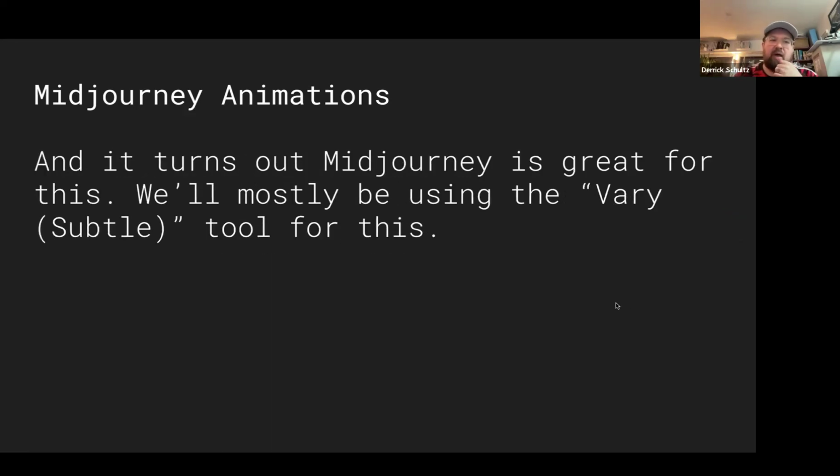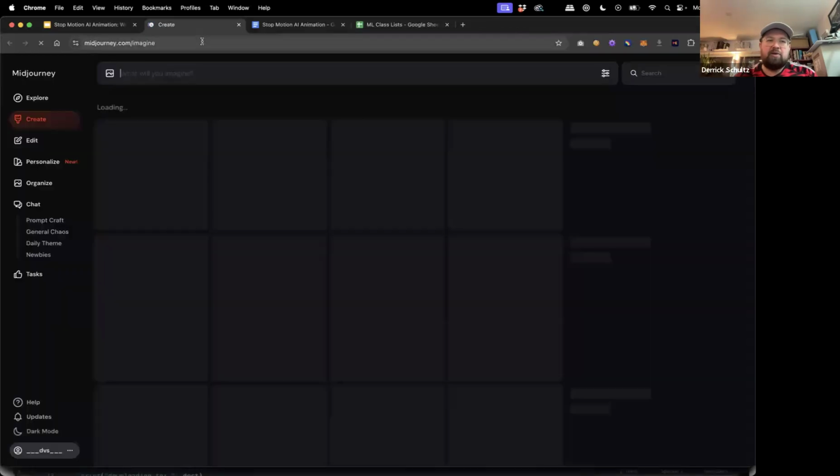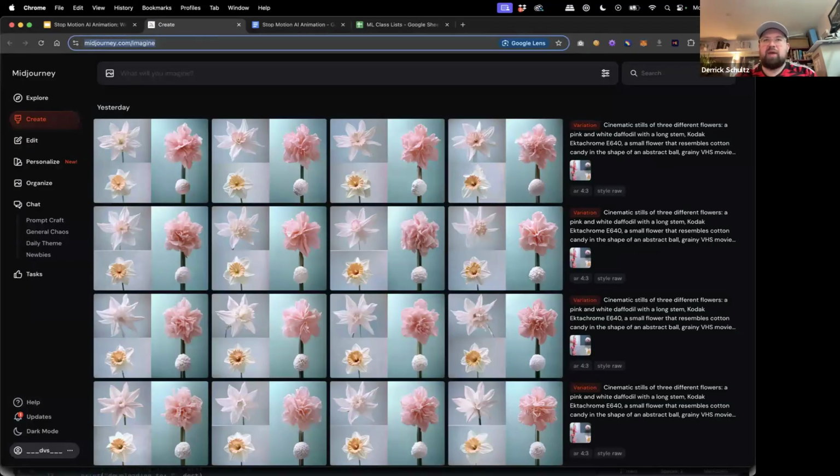Okay, so Midjourney does have this nice tool called the variation tool or the vary tool, and that's kind of what we'll use for this. So essentially the process for this, we're going to generate images. Let me pop this open for everybody. I'm going to use the desktop tool because it's way easier to use today than